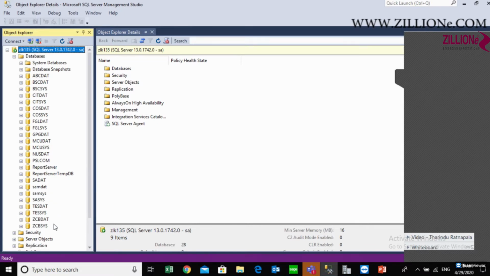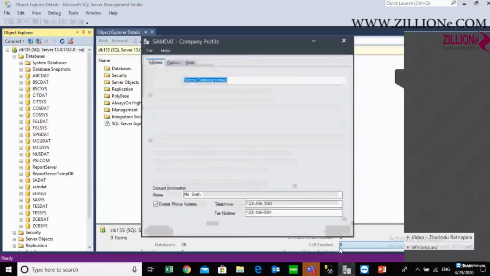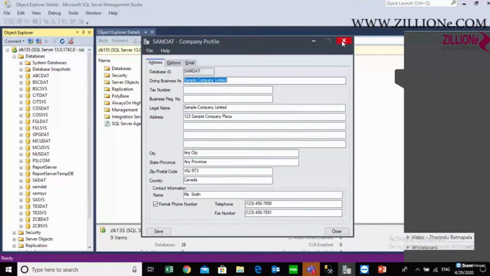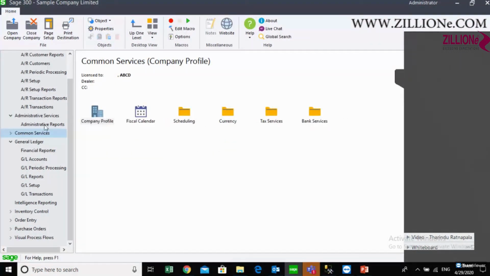There are so many databases there. What you have to do is find out which database you have to back up. For that you have to go to the company setup.